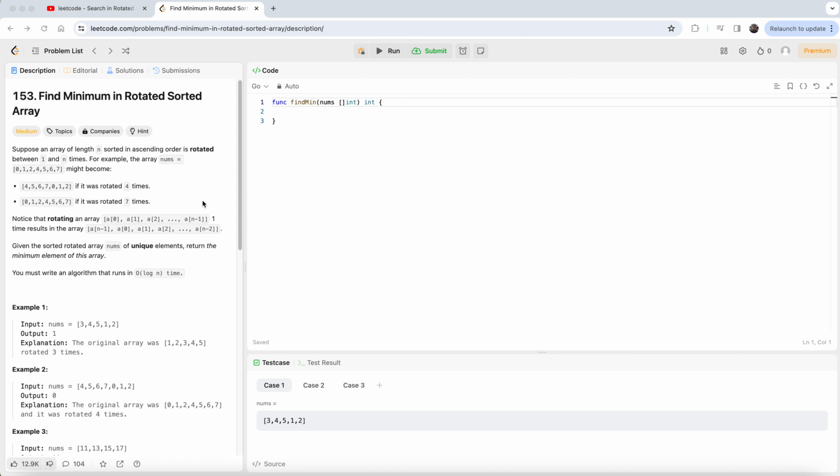Let's solve another problem from LeetCode. It's a medium level problem. It's Find Minimum in Rotated Sorted Array. So the problem says,